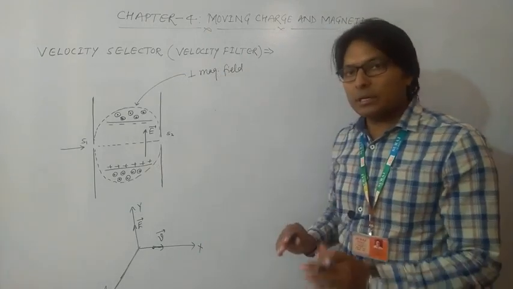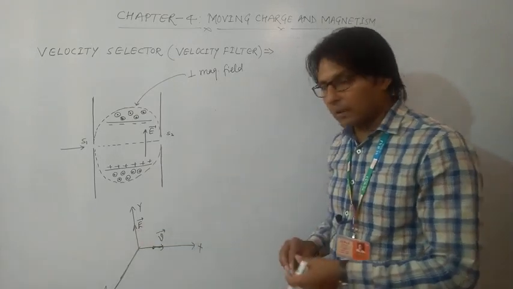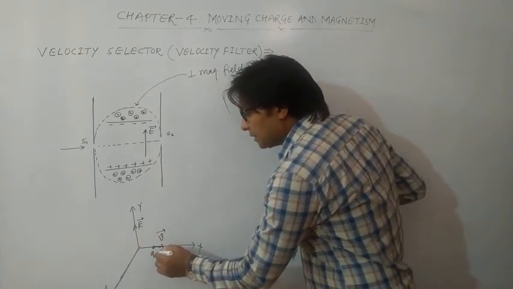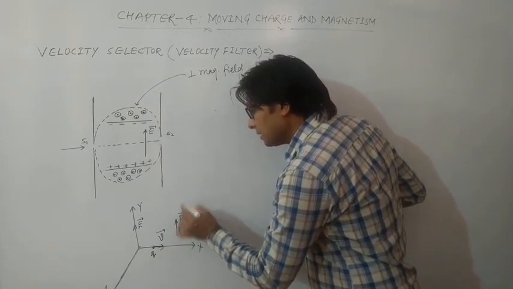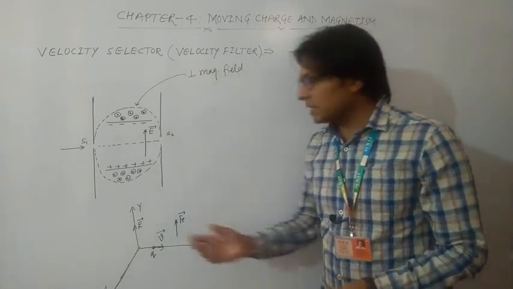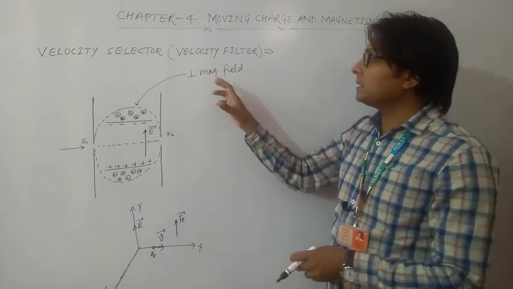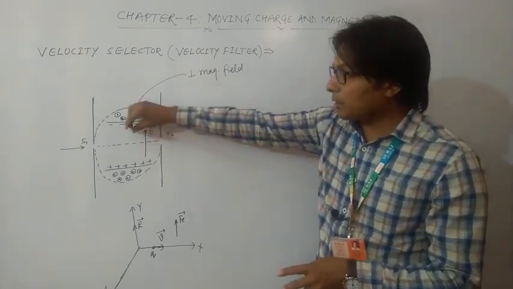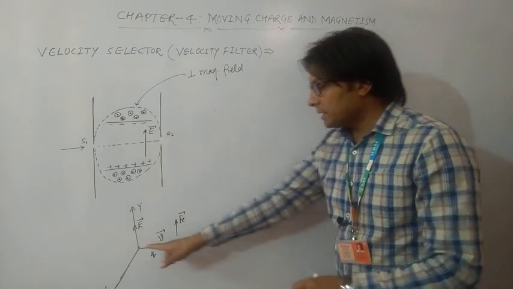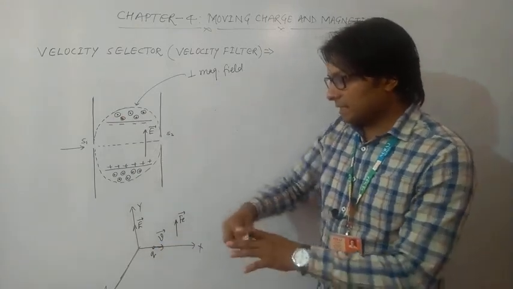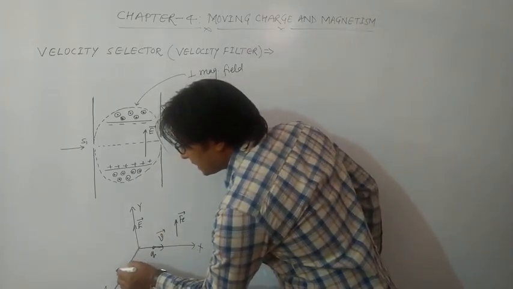So where will the electric force be? The direction of electric force will be in the direction of electric field if the charged particle is positive. So I am representing this electric force as Fe vector in the direction of the y-axis, or we can say in the direction of electric field. Since we have assumed the direction of magnetic field as perpendicularly outward, if I assume this direction as the z-axis, because we have taken this as x-axis and this as y-axis, then this will definitely be the z-axis. So we have applied the magnetic field in the z direction.